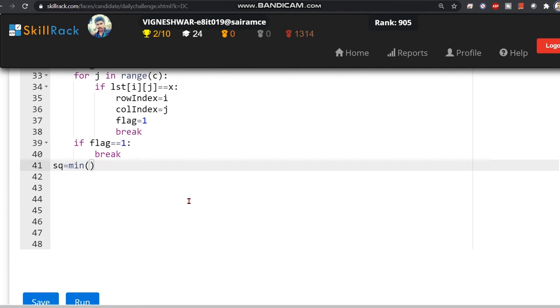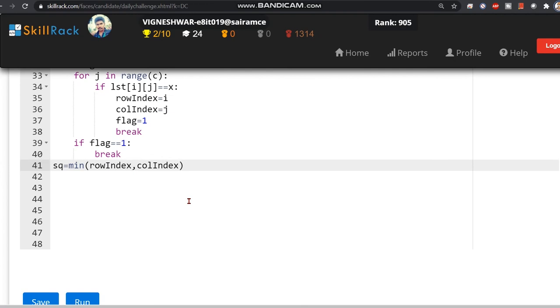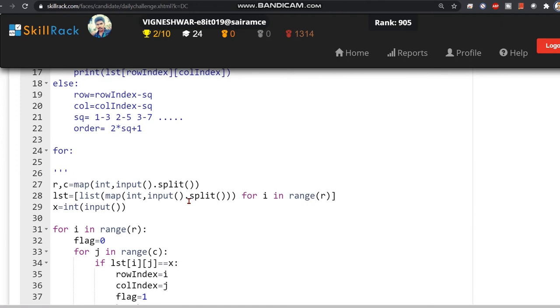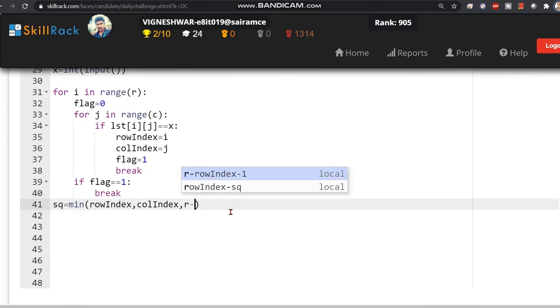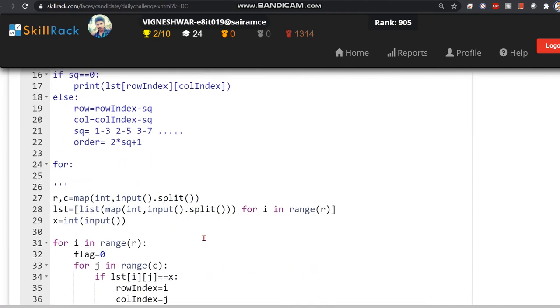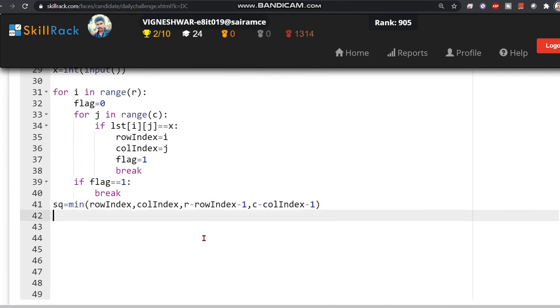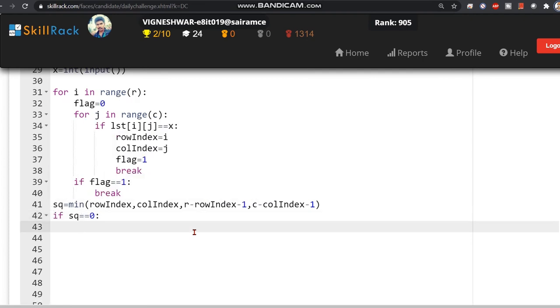So sq is going to be the minimum of row index, column index, r minus row index minus 1, and c minus column index minus 1.